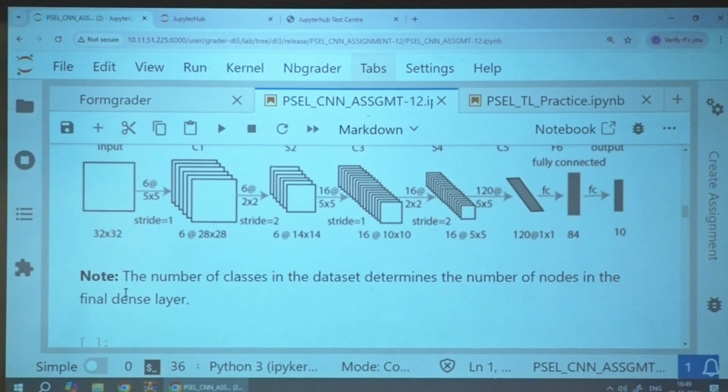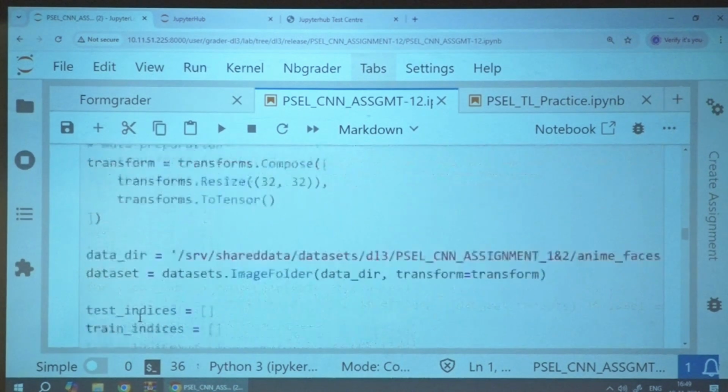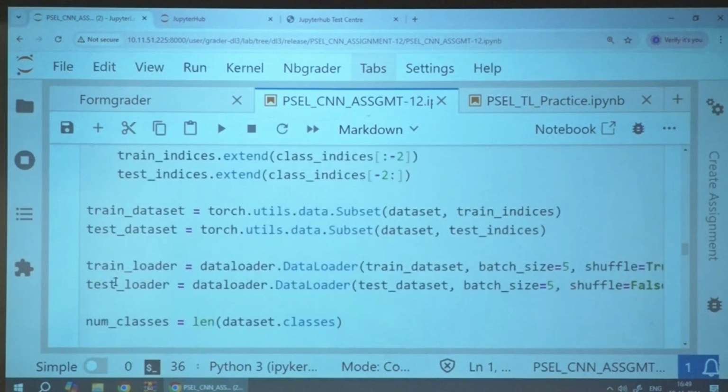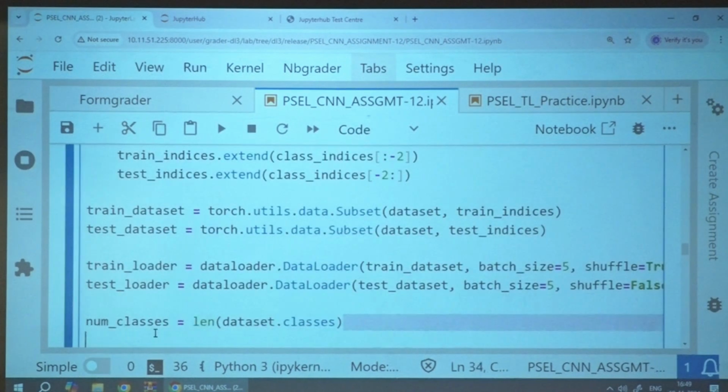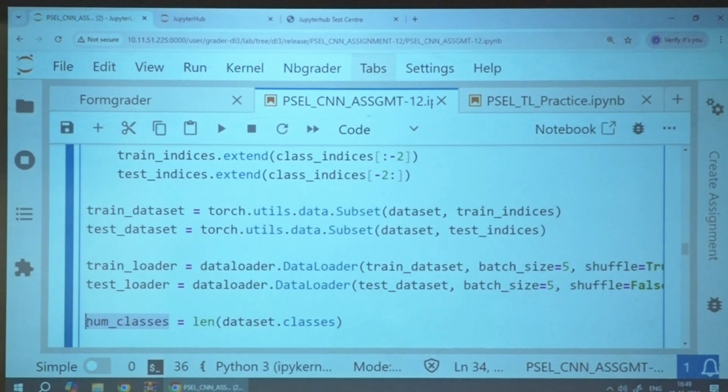That's what the note says: the number of classes in the data set determines the number of nodes in the final dense layer. The number of classes equals the length of the data set, and that is there in this variable, number of classes. So this number of classes has to be passed when you are defining the constructor.